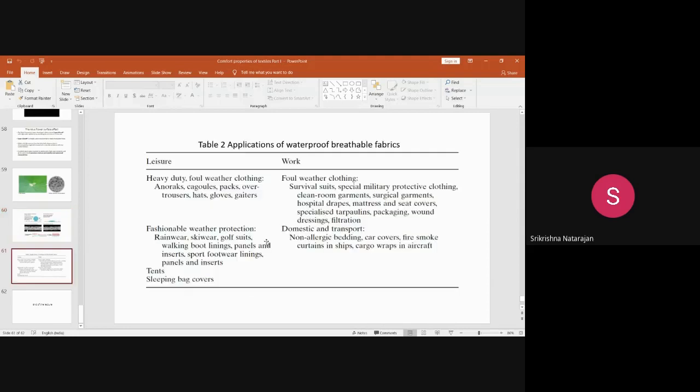If you see, there are many applications of waterproof breathable fabrics. You can use them for leisure purposes and for work purposes also. There are a number of applications. I do not want to read this; you can read them. So that's all about the